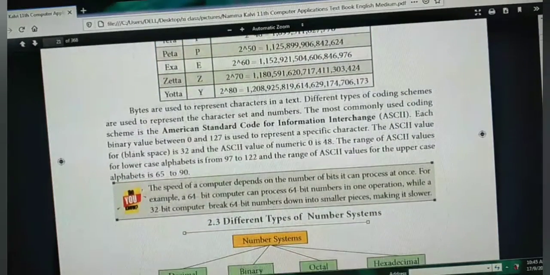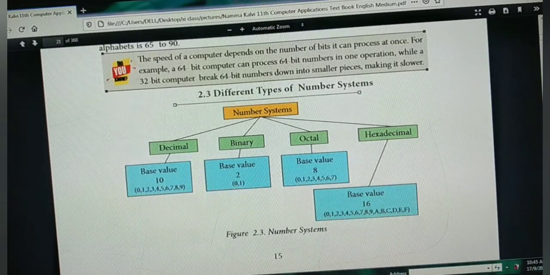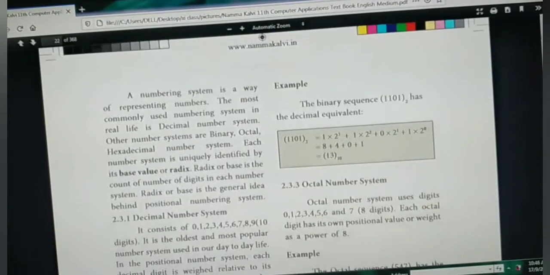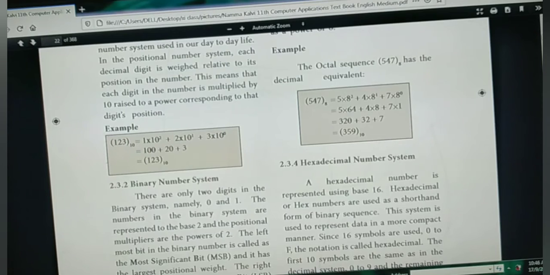Similarly, read the Do You Know also. Next, you are having different types of number systems. This is a figurative representation. Here only you are having the book-back radix definition. Starting from here, the number till this one, you have to write the example. Next you are having the decimal number system, and to this side the octal number system. Next, second, the binary number system. Each and everything is discussed along with an example for you.